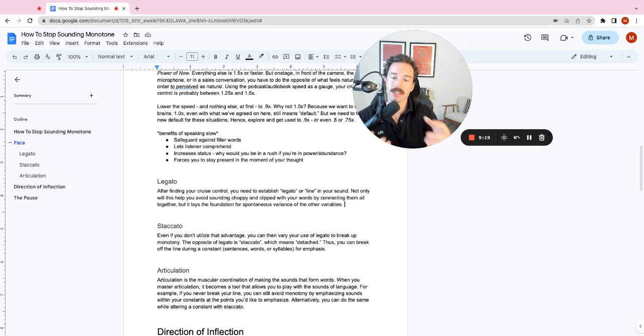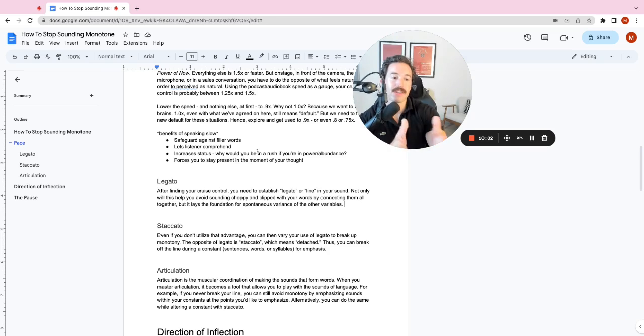But part of the reason that singers want to establish legato is, yes, it's for a beautiful sound, but once you have started a sound, you are pretty much married to that onset, the folds coming together. So if you don't get it correct, then you have to restart your breath and restart that onset in order to change something. So when you are speaking, if you want to be able to spontaneously, in the moment, change one of these variables, your pitch, your resonance, etc., it really helps to have some kind of legato as a base.